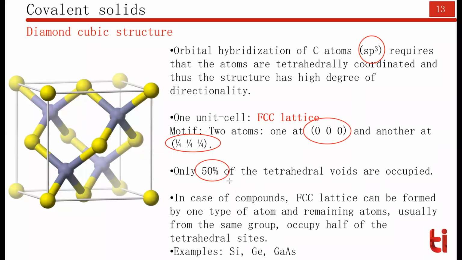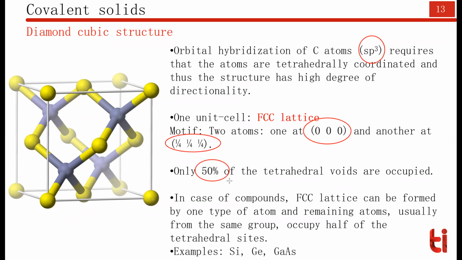In the case of compounds, diamond is a monoatomic structure, only one type of atom is making the solid. But in many other cases where 2 atoms participate to form the solid, you end up with a compound. And in those cases, the FCC lattice can be formed by one type of atom, and the other type of atom, usually from the same group in the periodic table, goes and occupies half of